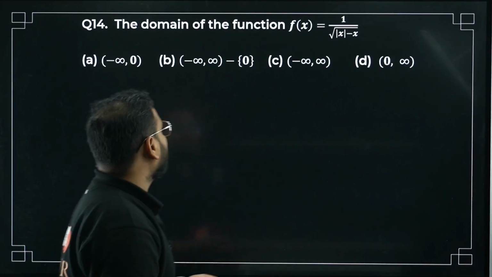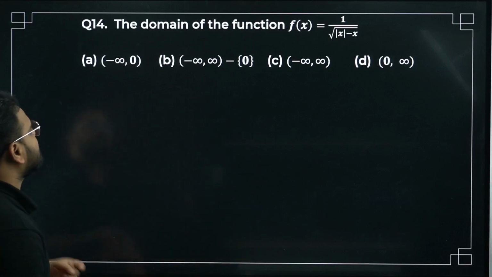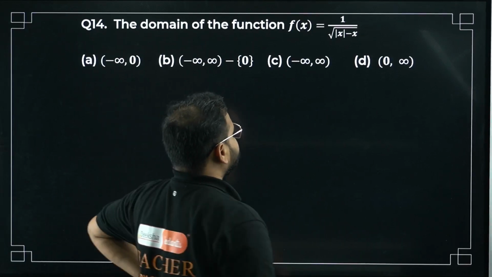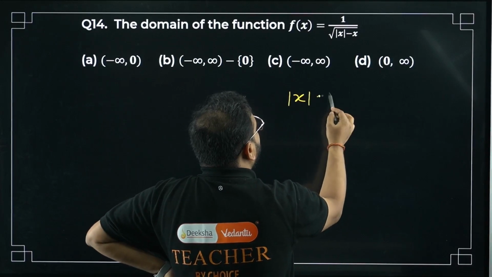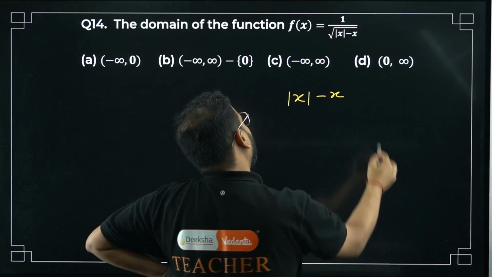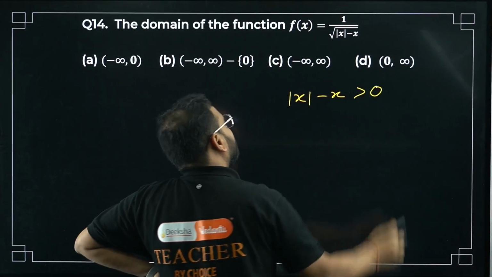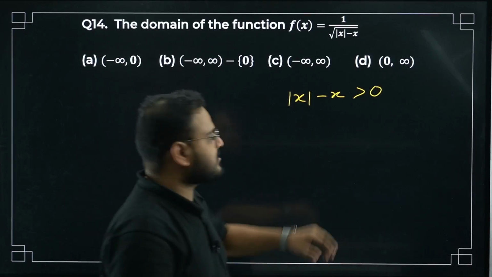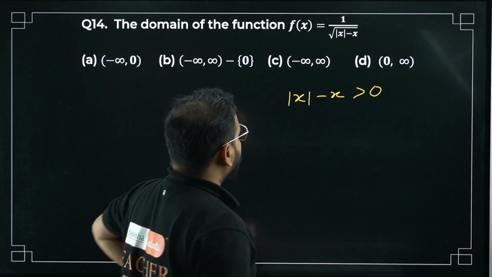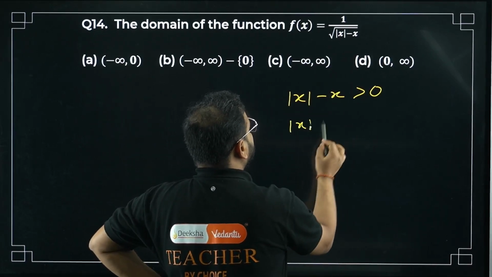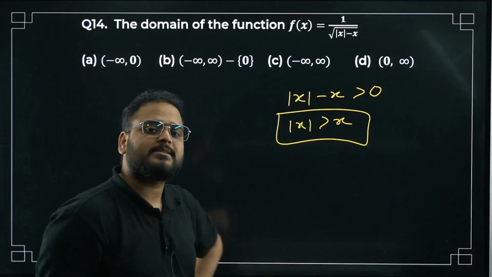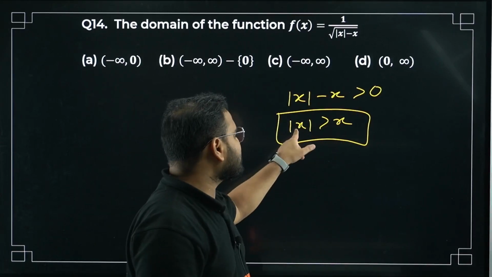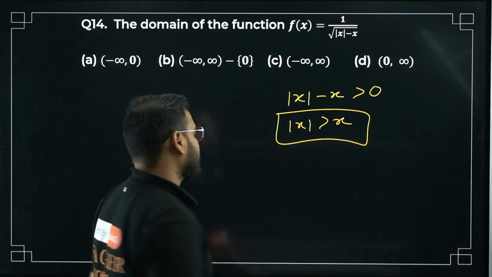Okay. The domain of the function given like this is how much, sir? Think. So basically the condition is minus x has to be always greater than 0, not even 0. You can't take 0 because it is in a denominator. Okay. So what I get over here is this has to be always greater than x. Is it possible that mod x is always greater than x? When is mod x greater than x, sir? When x is negative, sir.